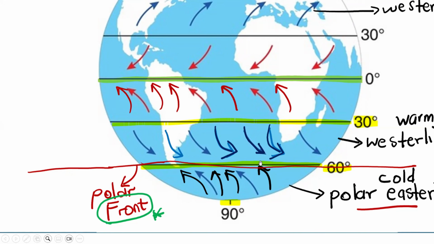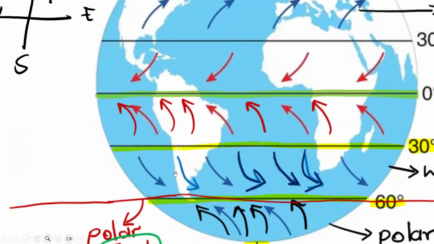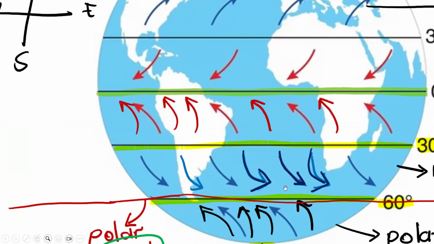So since the mid-latitude cyclone is somewhere here along this polar front, it will start moving northwards. It will start going up towards the north. I'm sure you know that going to the north is something like this. We know our cardinal point system: we have got north, south, east, and west. So when it is moving northwards, it's kind of moving up using this scale. So basically, your mid-latitude cyclone, when it is mature, will move away from the polar front and go towards the north, up and up and up.